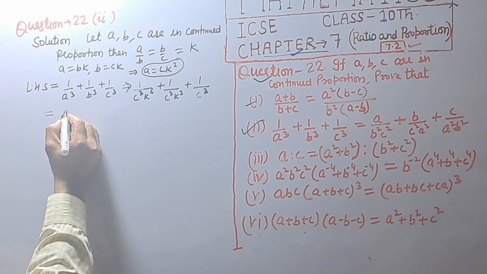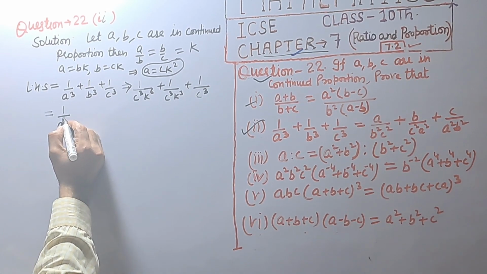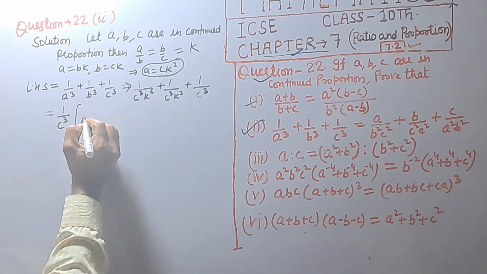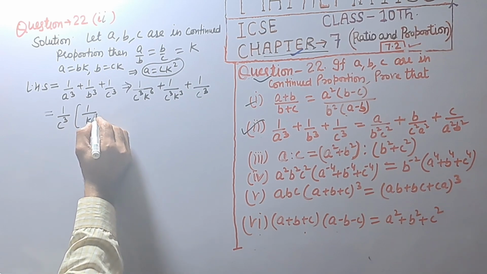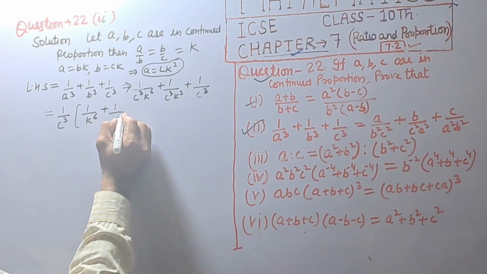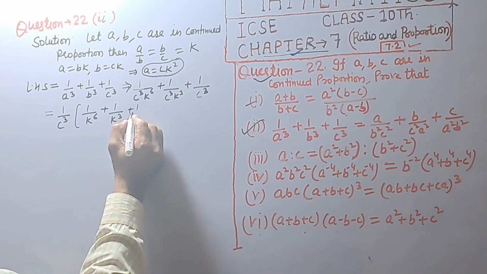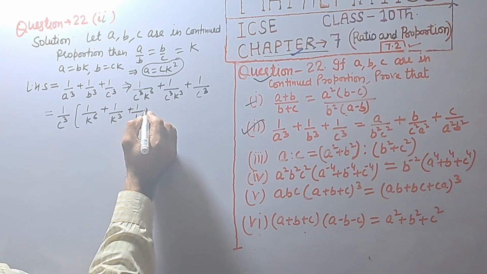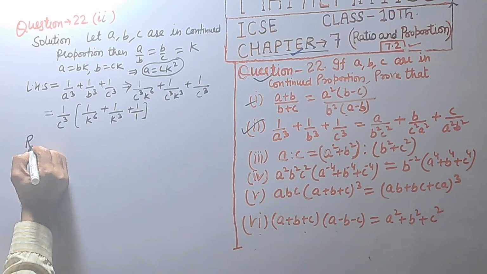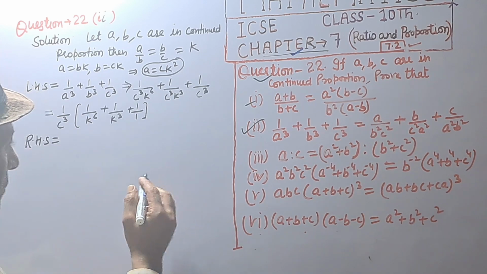That is equal to 1 upon C raised to power 3 common, (1 upon K raised to power 6 plus 1 upon K raised to power 3 plus 1), and right hand side is equal to